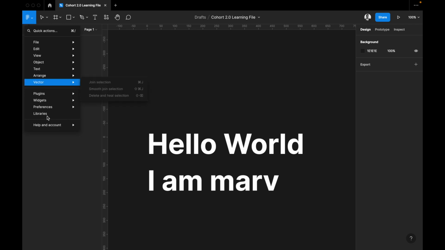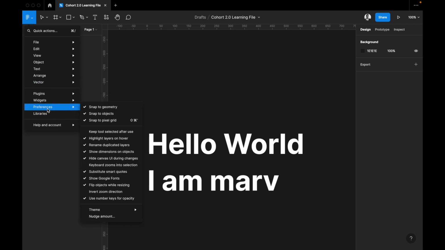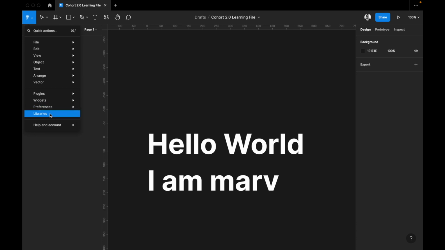Yeah, so we also have the preference, which are basically your UI preference, right? We have the UI preference right here, where you can probably turn on some features, like snap to object, snap to geometry. As we work, we would understand these stuffs. You can also change the theme, as I showed you earlier. From the library,